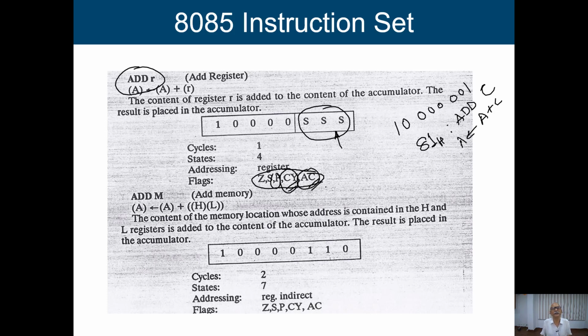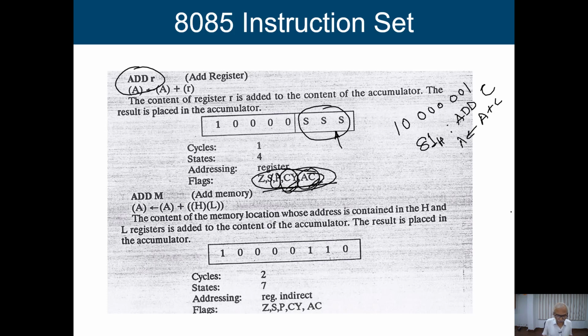Auxiliary carry is basically related to the carry out from the lower 4 bits. Because it is an 8-bit operation, we can use 4 bits and 4 bits, because in BCD we need only 4 bits. So if the lower 4 bits generate a carry, it is put in a particular flag, and we say this is the auxiliary carry. So one is the carry out after 8-bit addition, and the auxiliary carry is the carry out of the lower 4-bit addition. These are the 5 flag bits. Depending on the operation and the data, some of those flag bits will get affected.